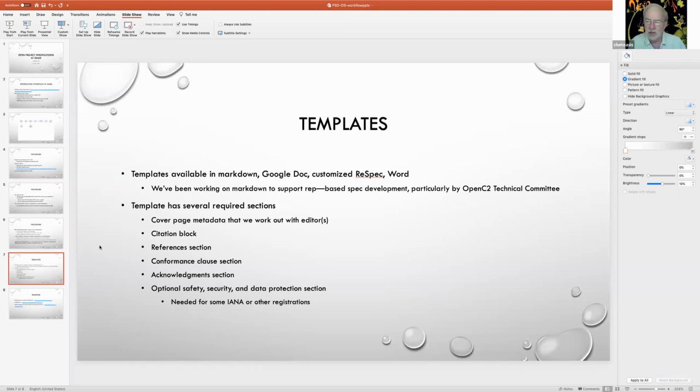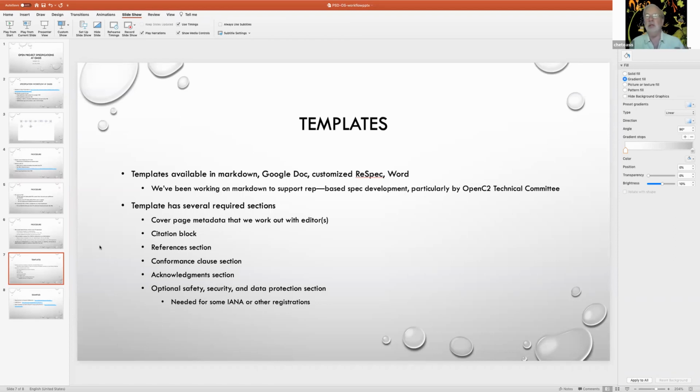Conformance clauses, and Jacques Durand in the TAB has written a couple of documents on conformance clauses. They are basically statements of what elements in the specification must be satisfied in order to claim that you conform to the specification.